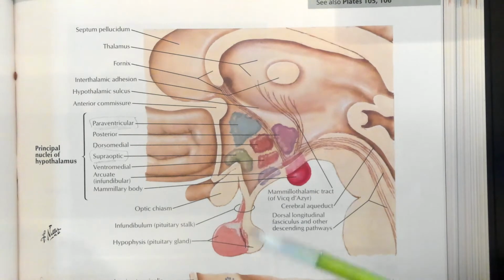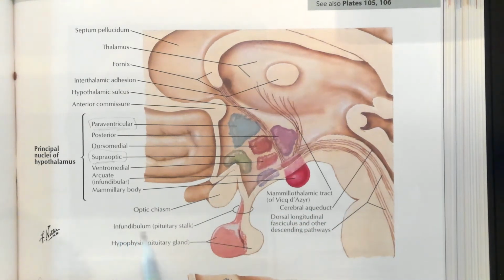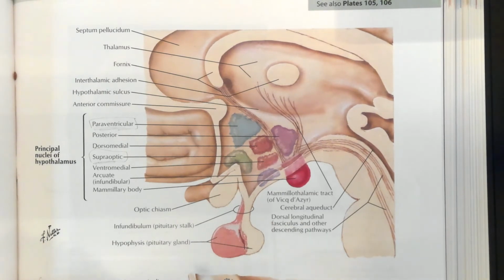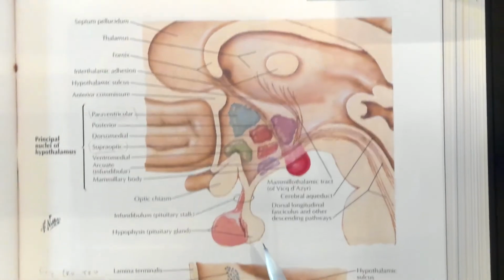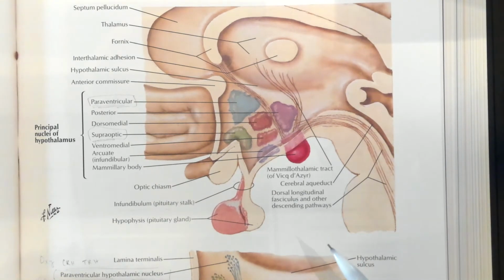Then underneath that, what you'll see is a little skinny stalk known as an infundibulum. This is known as the pituitary stalk as well. And then hanging down from that infundibulum, you have the hypophysis, otherwise known as the pituitary gland. There are two parts to this pituitary gland. There is the anterior pituitary, also known as the adenohypophysis, and the posterior pituitary, also known as the